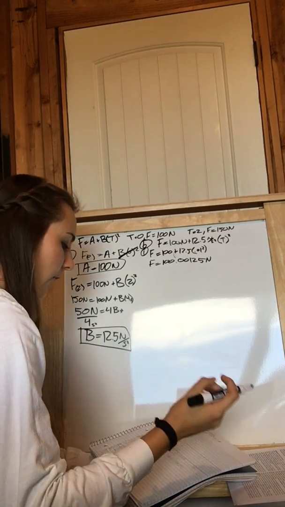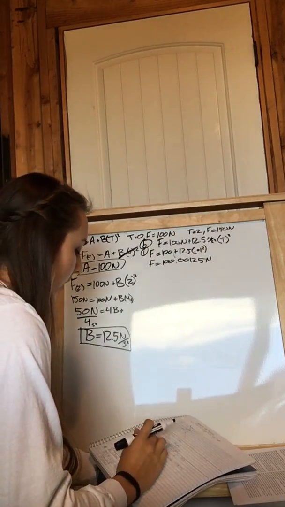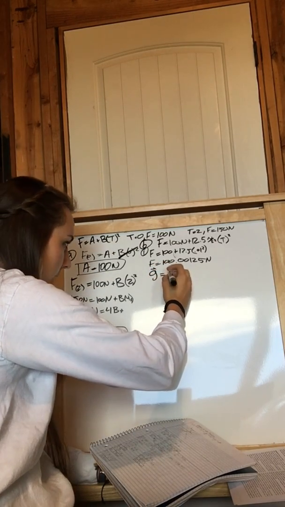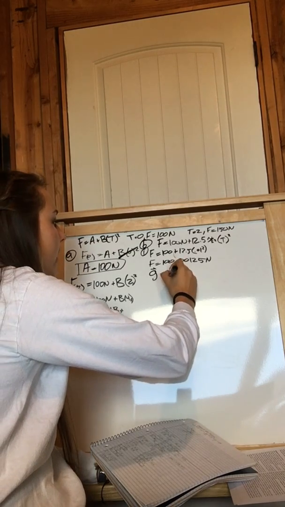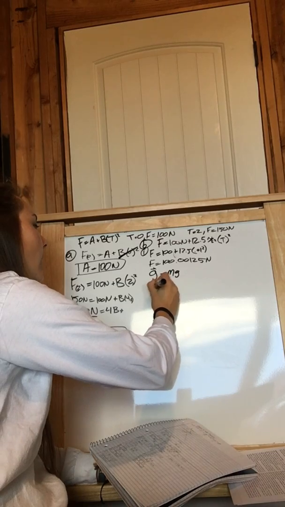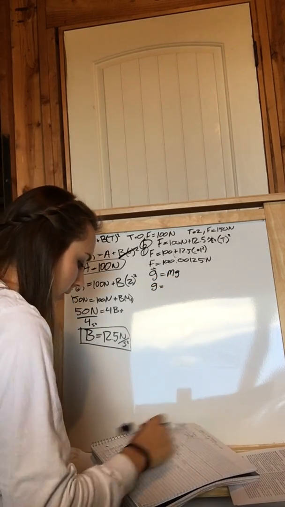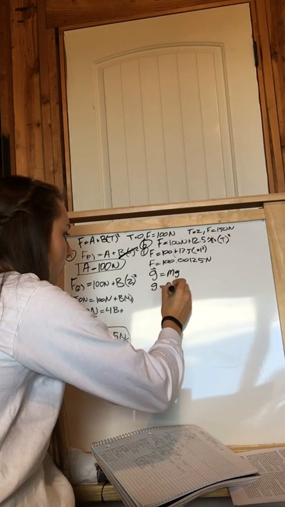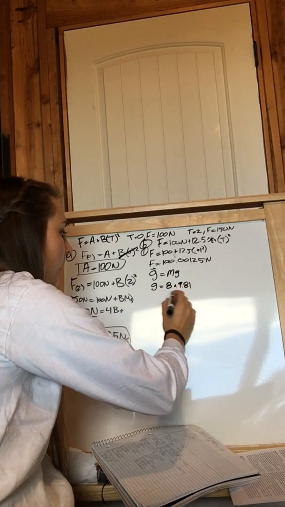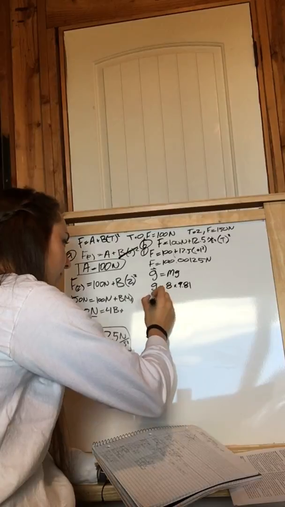That's the force from the rocket, but then you've also got gravity pulling on it as it takes off. So we're going to solve for gravity. The force of gravity is going to equal the mass times the acceleration of gravity. The mass, which it told us at the beginning, was 8, I believe. Yeah. So it's going to be 8 kilograms times gravity, which is 9.81 meters per second squared, which is going to give us